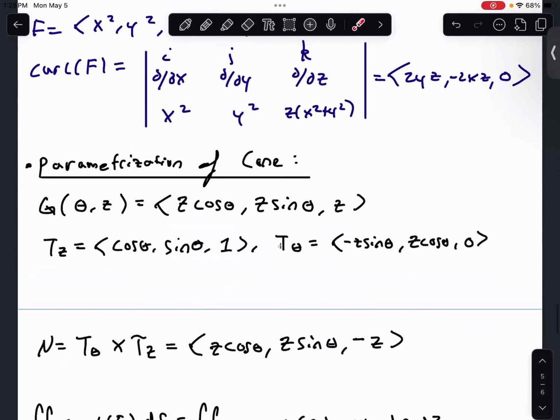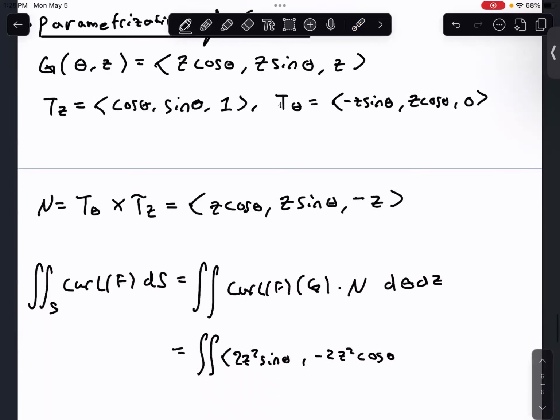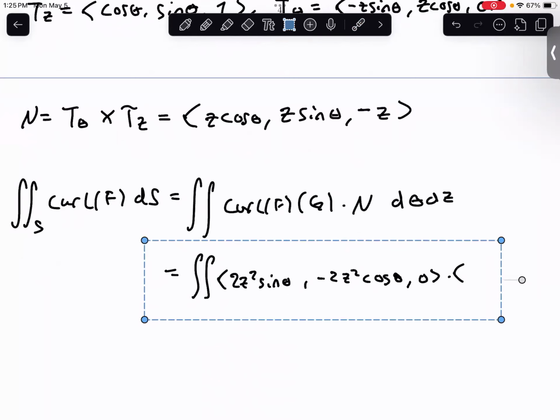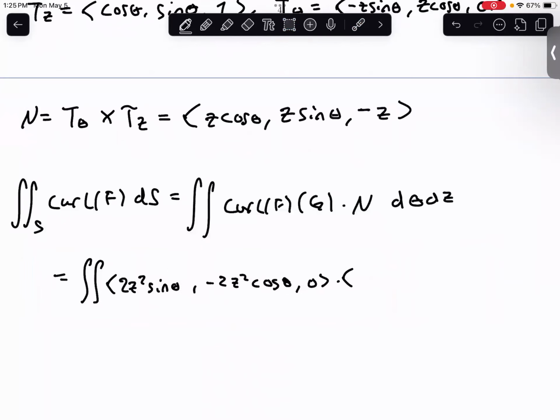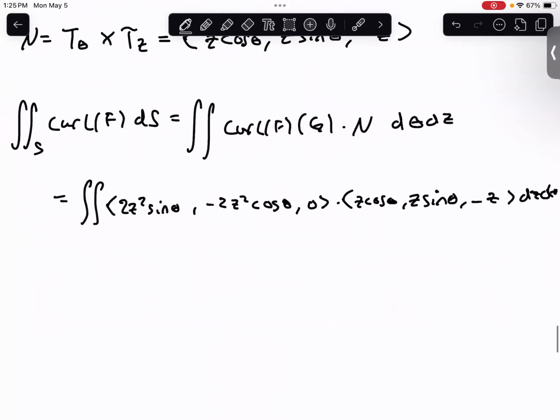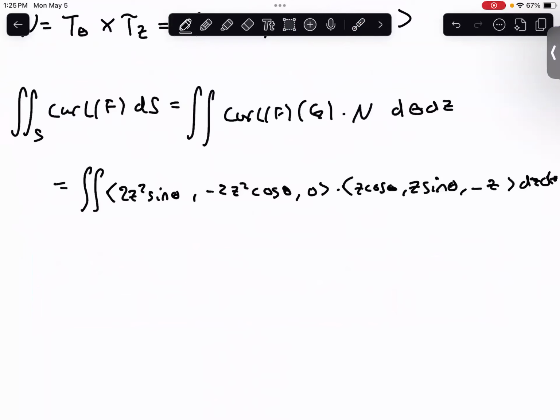And then you dot with the normal vector. So we found that the normal vector, I'm going to need a little bit more space. The normal vector is going to be z cosine theta, z sine theta, and then minus c. And then this is dz d theta, or whatever order you want to do it in. Now if you do this dot product, you'll have 2z cubed